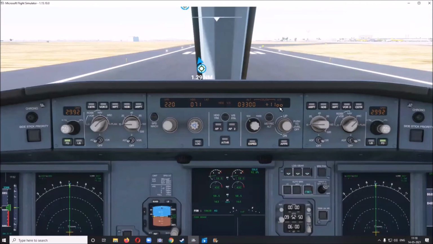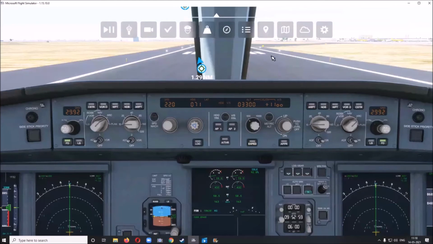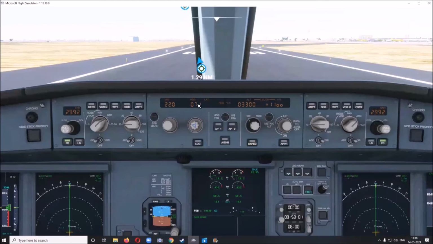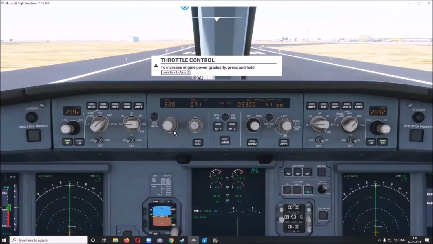So we have set the vertical speed. We have set the altitude to climb for this flight. We have set the heading, which is the runway heading, which is 71 magnetic. And we have set the speed to 220. And we have set them all to the selected mode.